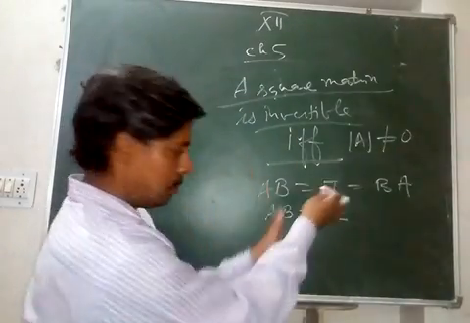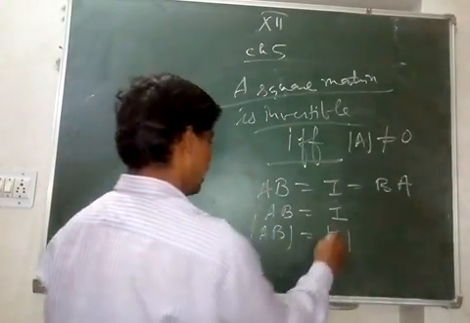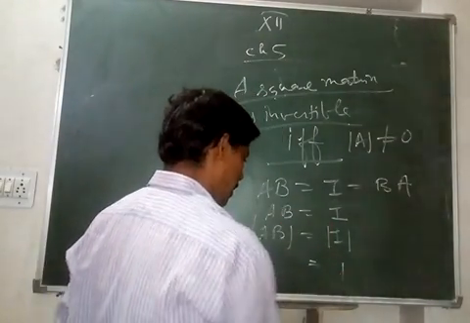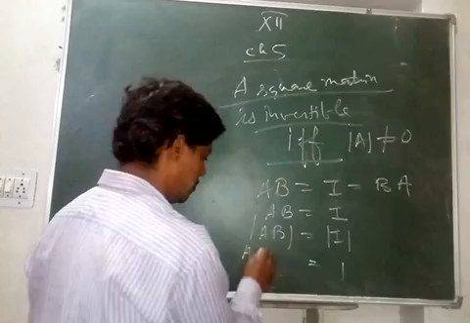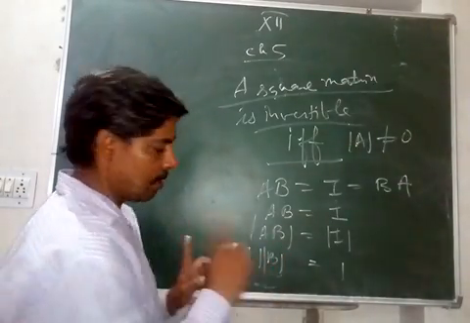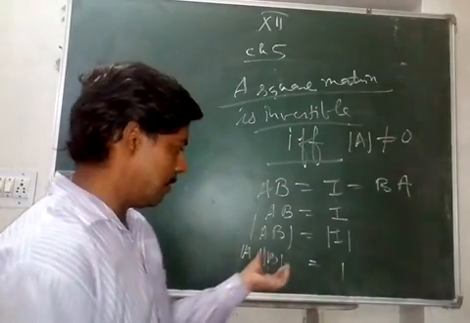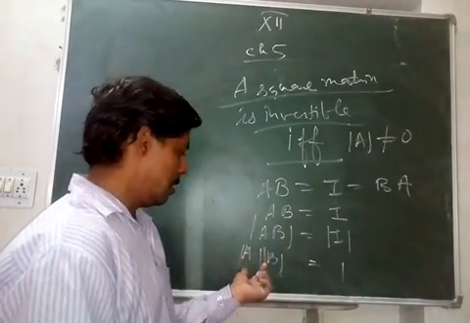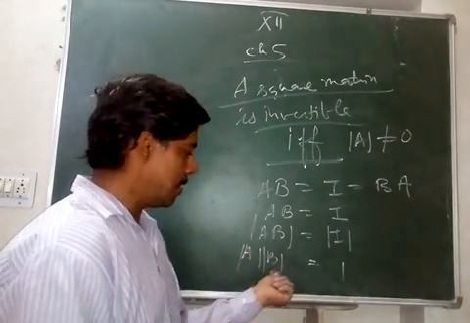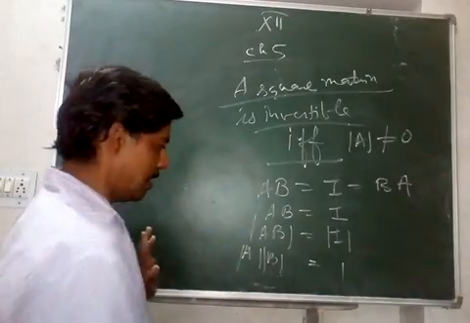Take determinant on both sides, you get determinant of AB is equal to determinant of I. Remember, determinant of I is always 1. Distribute the determinant, a bit like modulus, but don't get confused. They can sometimes be different also, but right now we can use it like a modulus. Determinant A times determinant B is equal to 1. These are two real numbers, lambda and mu. Their product is 1, so none of them can be 0.